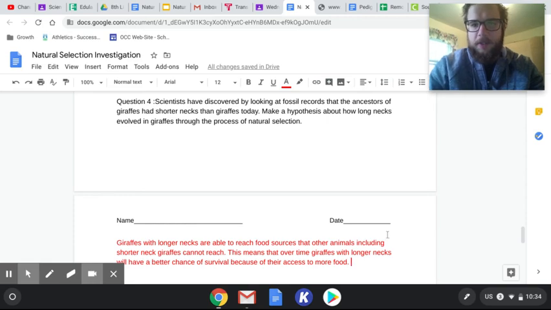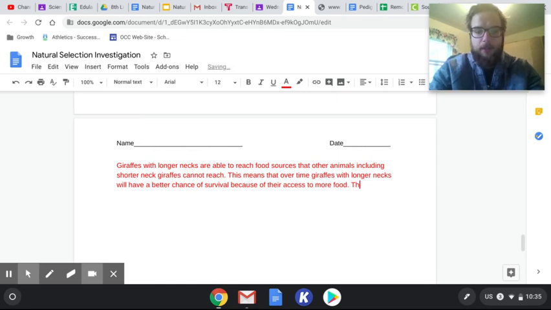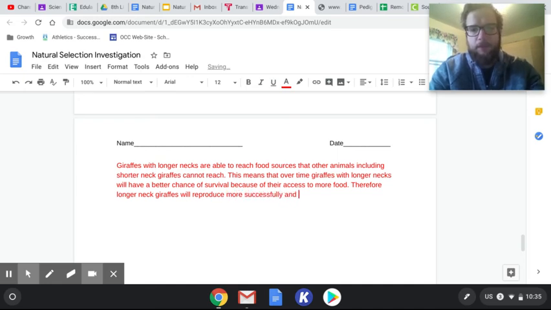Now, what's going to happen to the population? So this is kind of like the same question up here for question 3. How might natural selection operate on this population? And then how would the population change over time? Therefore, longer neck giraffes will reproduce more successfully, and the population will include more longer necks and fewer shorter necks